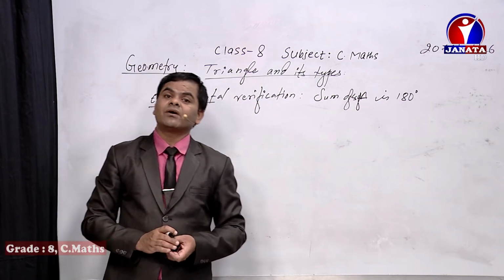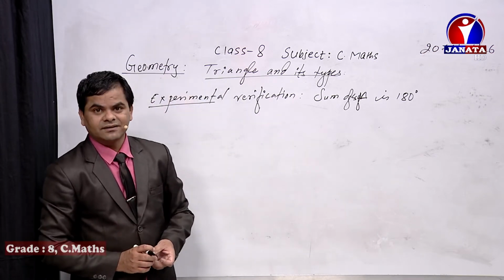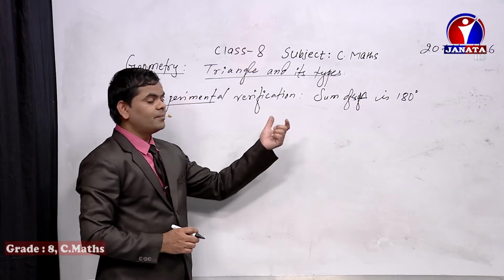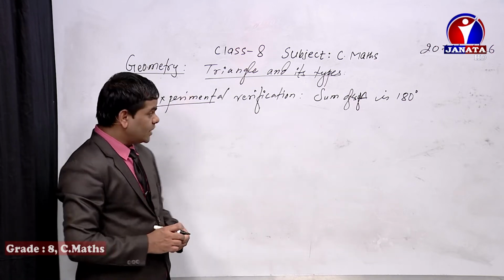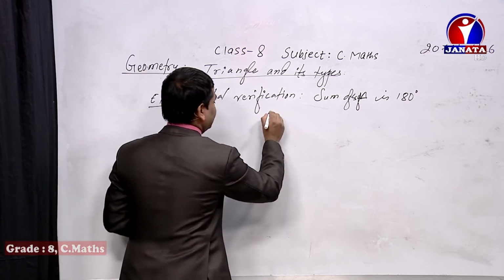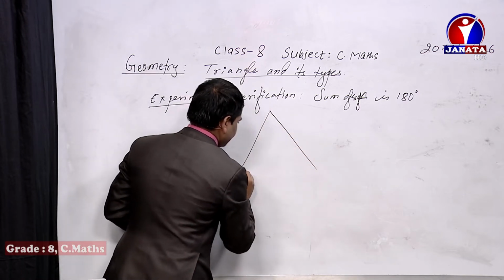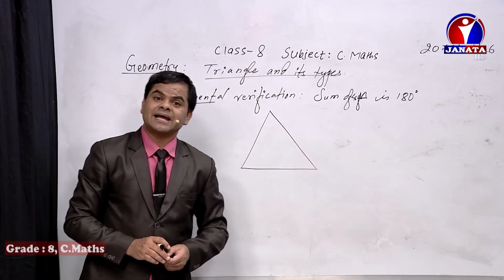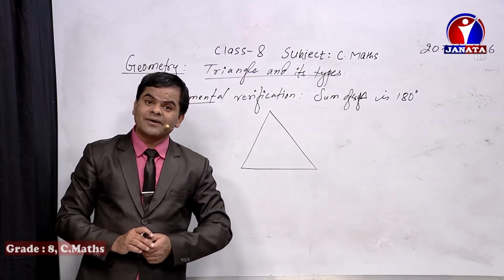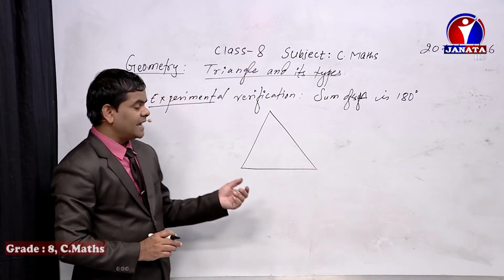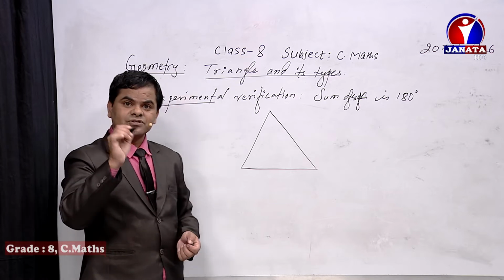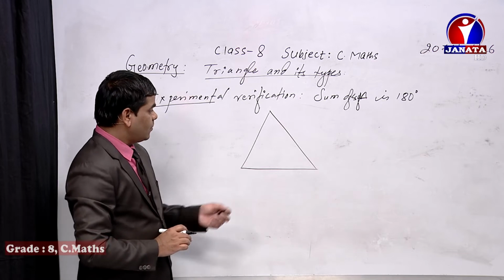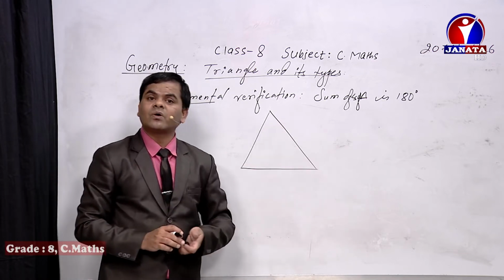Whether the triangle is bigger or smaller, it doesn't matter. The three angles sum altogether to 180 degrees. If you have to prove it experimentally, what do you have to do? First of all, you need to make at least two figures. When we do experimental verification, geometrical instruments are very necessary, dear student. If you draw just by soft hand, such figures are known as invalid. As a result, we may not get the sum of angles of a triangle as 180 degrees.